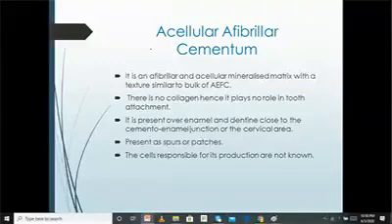It in fact has no role at all. It is present over enamel sometimes and dentine close to the cemento-enamel junction in the cervical area of the tooth, and there it is present in patches or spurs. Meaning, somewhere in small patches the afibrillar acellular cementum would be present, and the cells responsible for the production of this type of cementum are not known. This is all about